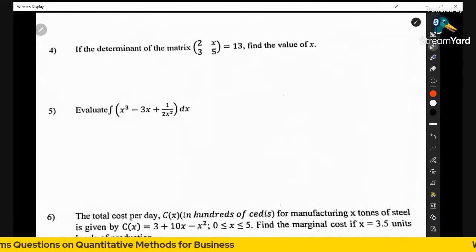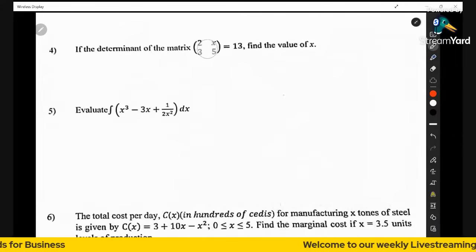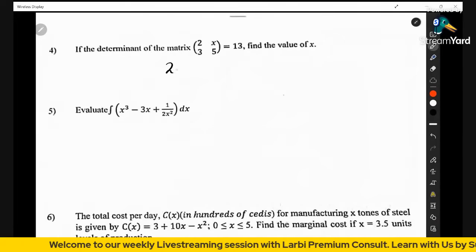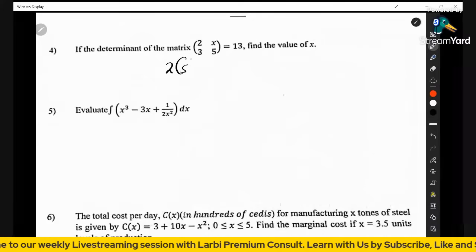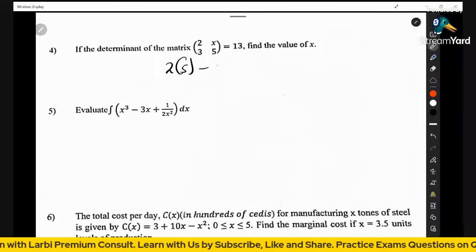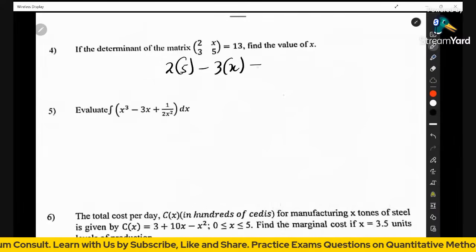So how do you find the determinant of a 2 by 2 matrix? It is the product of the downward values compared to the product of the upward values. So that becomes 2 multiplying 5. By comparison, subtract, compare that to 3 multiplying x, and that should be equal to